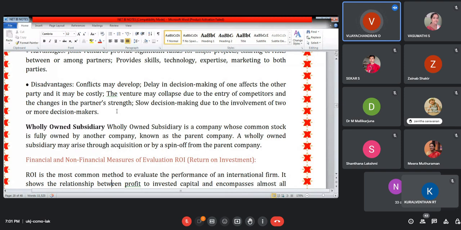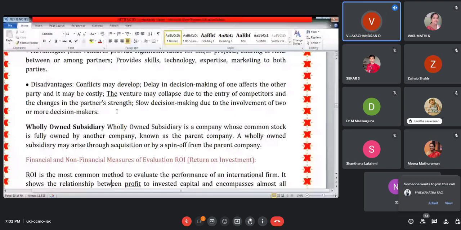So that's the reason why, in a happy way, in an easy way, you have to learn the things. That is very, very important. So, turnkey project I told. What is the keyword? Labeling. The product will be manufactured by one company, but their name will not be branded. Another company's name will be branded, labeled, in that product.